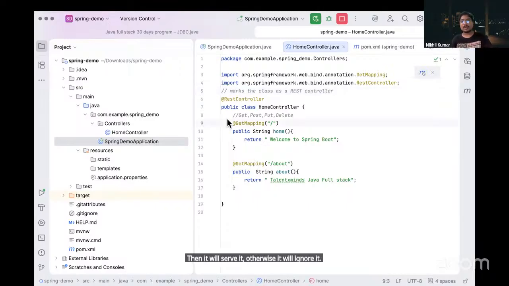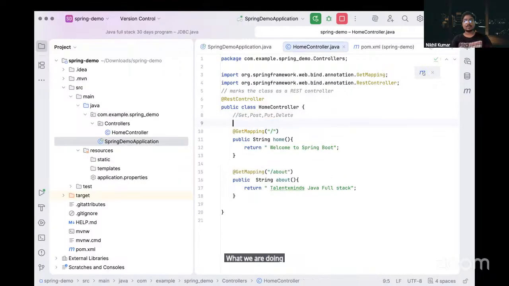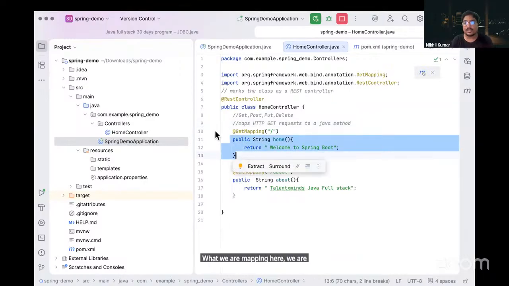Then what we are mapping here, it maps an HTTP GET request to a Java method. We are mapping this method with our get mapping annotation.